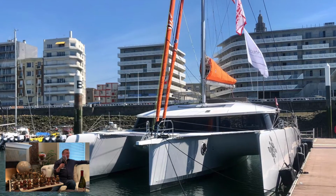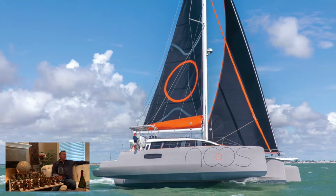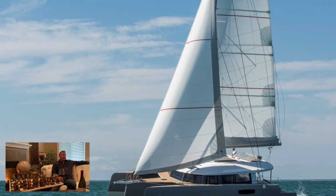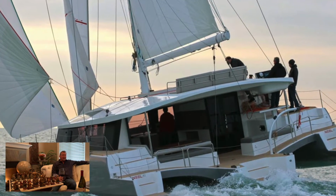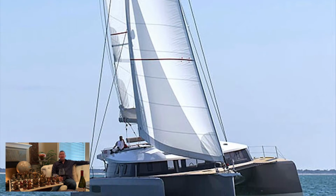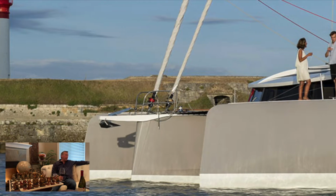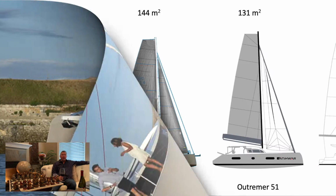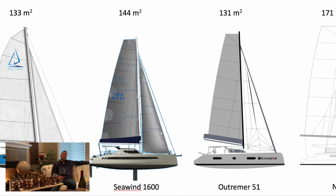Looking at this vessel, my brother-in-law had one look at it and indicated that he thought it looked like a spaceship. And he's kind of right. Those tri-hulls are so sexy. The other sexy thing is this is a vessel that won't scare your wife, but you can actually fly a hull on it. So you have the stability of the catamaran with all your wife wants to feel of the leaning of a monohull,